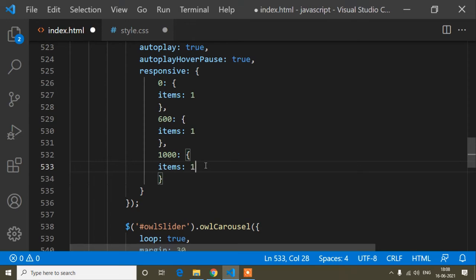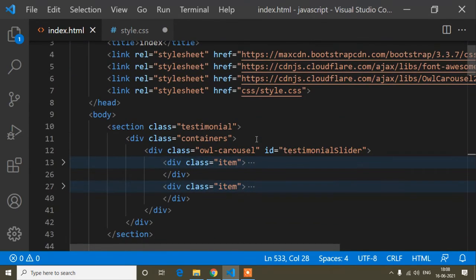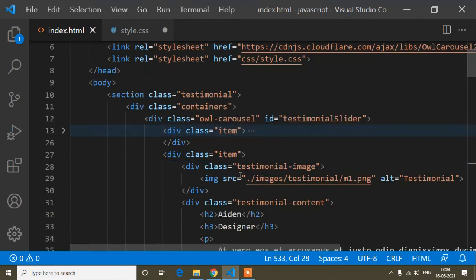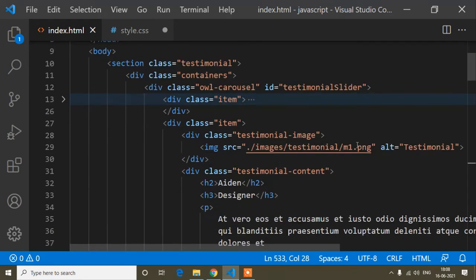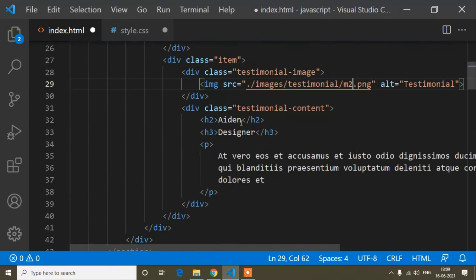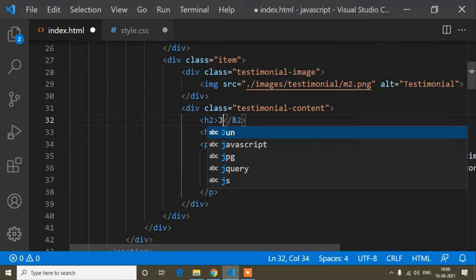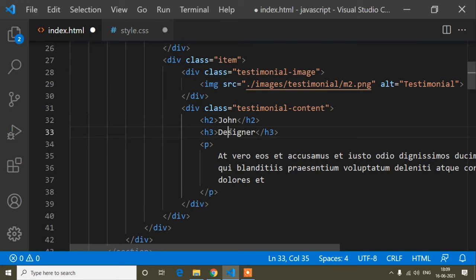So I will write 1, and if I paste this another item here, I will make changes here also. I will change the name to M2, that is John, and for this one I will write developer.